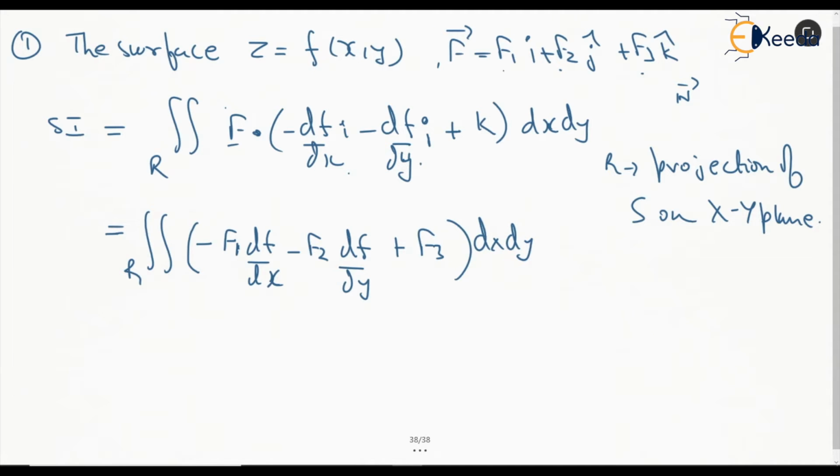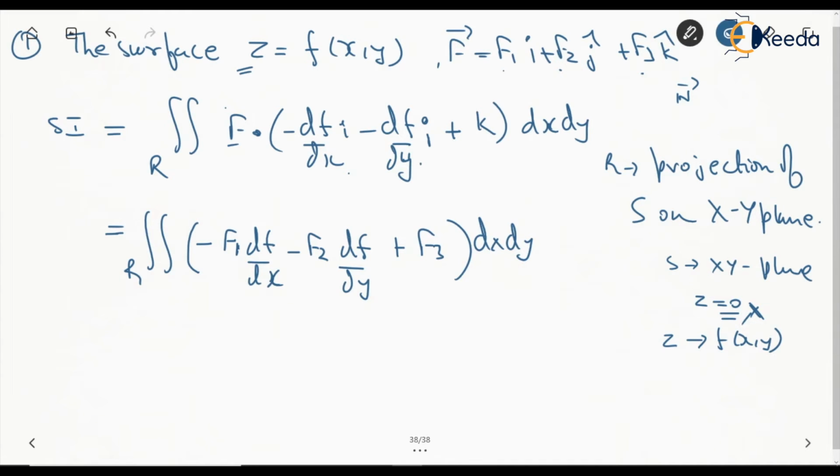We also have to make sure of one more thing. When we are solving using this method, if there is any variable z in the integration, we will have to put z in terms of the function of x and y. Although we are trying to project this surface on the xy plane, so on the xy plane we'll have z equal to 0, right? But we are not going to do this. This will be wrong. Simply we have to put z in terms of the function of x comma y, as we have already given in the statement itself, right?